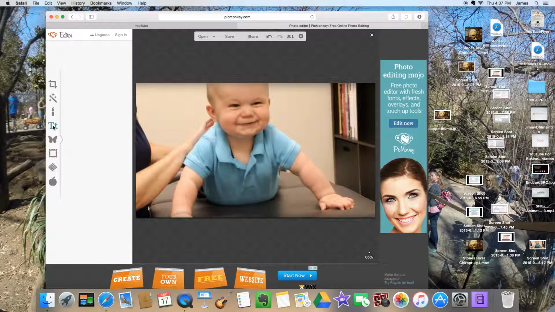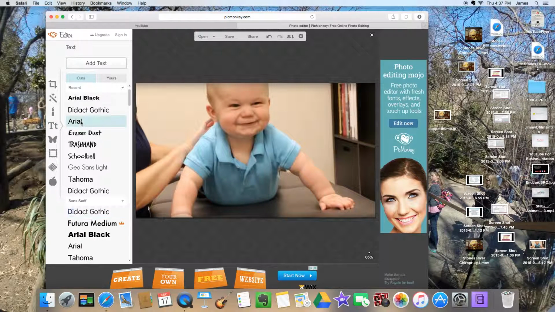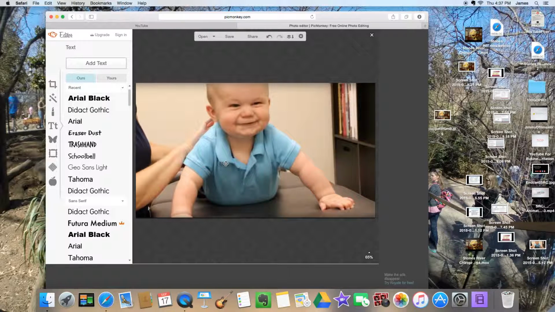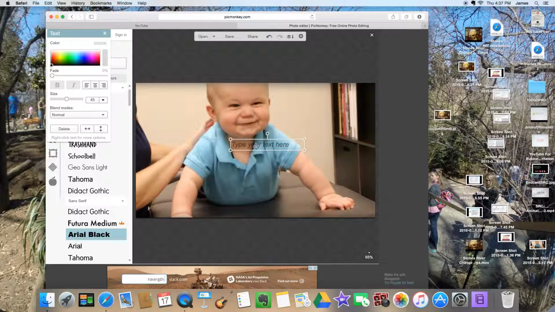I am a really big fan of the Arial Black. It'll come up here in just a second. It's thinking, apparently. There it is. I like this Arial black font. You can play around with whatever design you like, but I find that this dark or bold Arial black really stands out on a small thumbnail, and that's important. So I'm going to add the text, and you just go ahead and type in here,